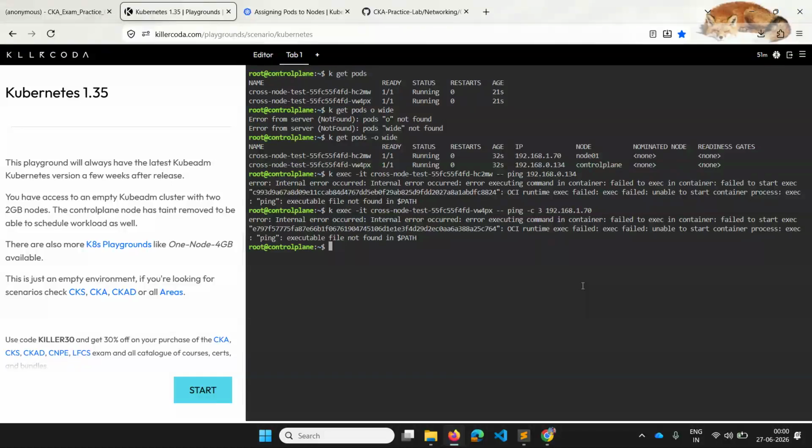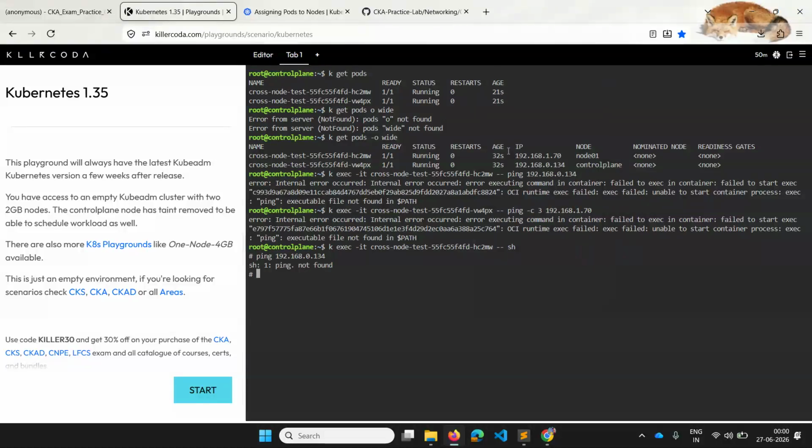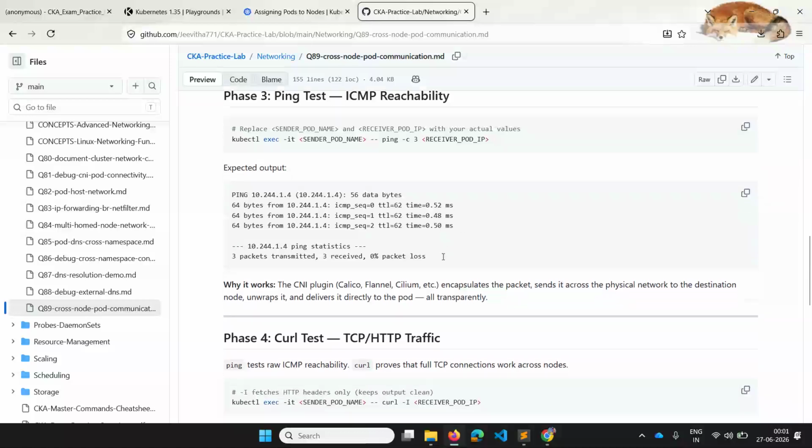It failed to start. Why? It's not found in the path. Let me do one thing. I will exec into this pod and ping the IP of the other one. Ping not found. Maybe that is the issue. Okay. Let me do one thing.